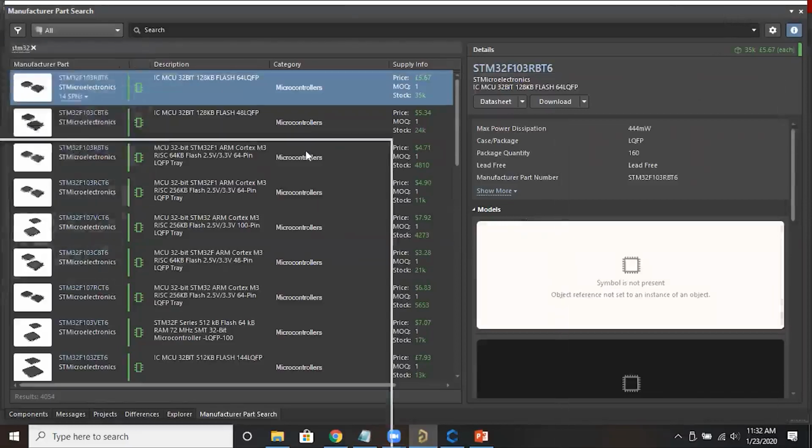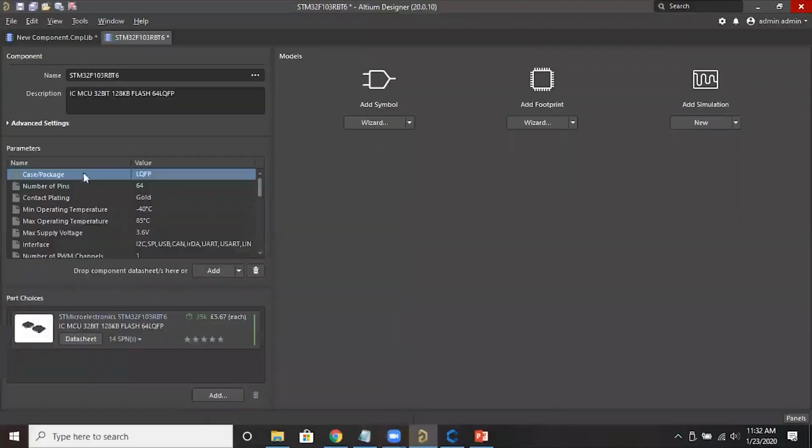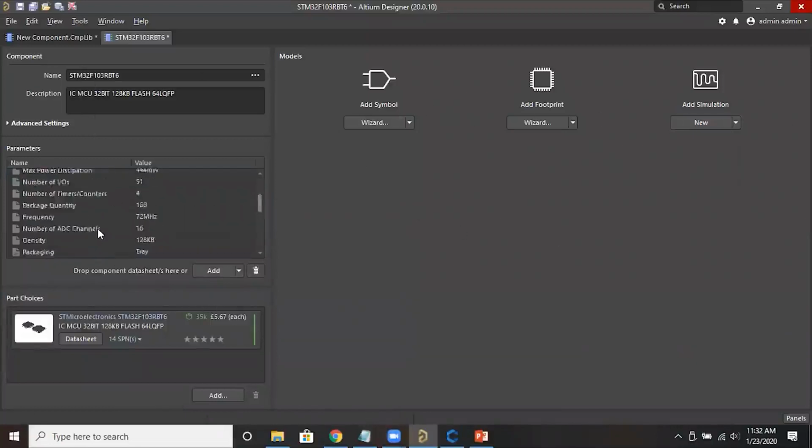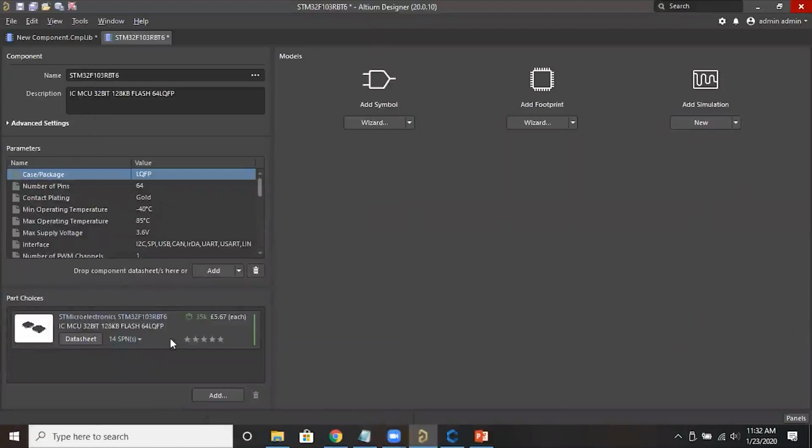Okay, it's in the background, I think. Yes. See, all the parameters are imported. Supply part choices. Okay, footprints are not imported, I think, but we can import that also. If you are acquiring the component completely, we can import and then release it.